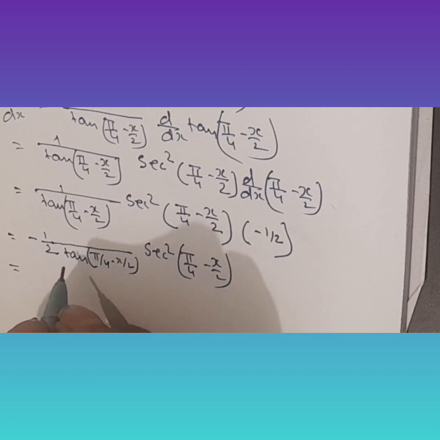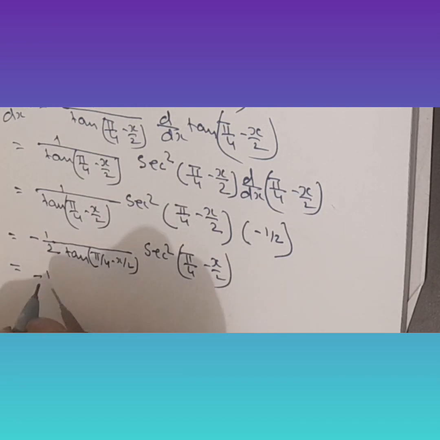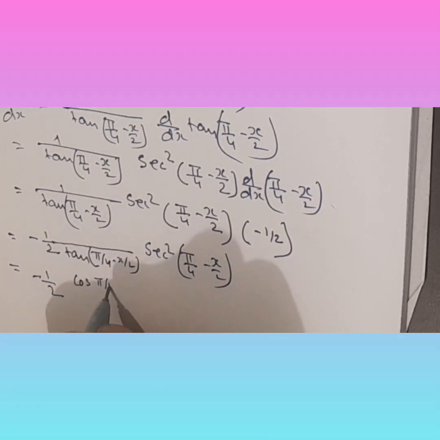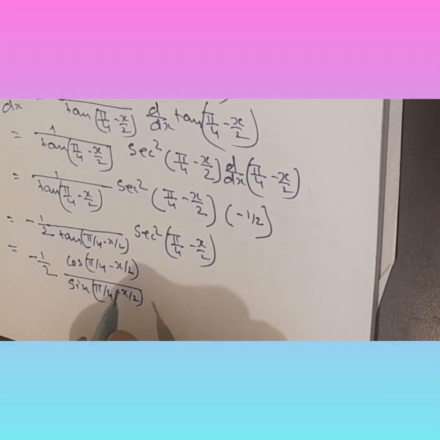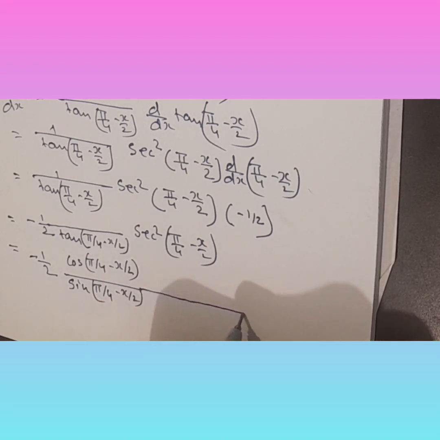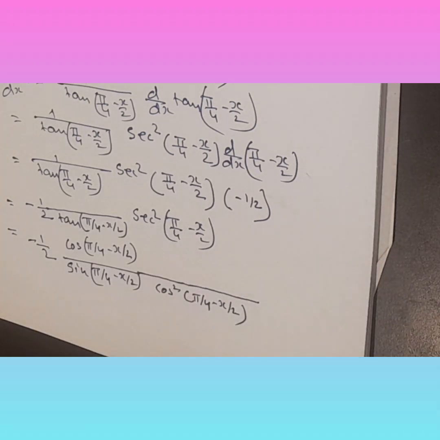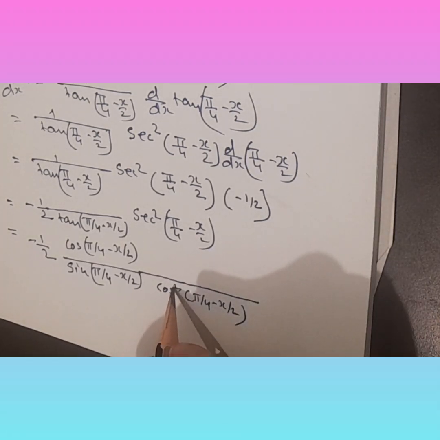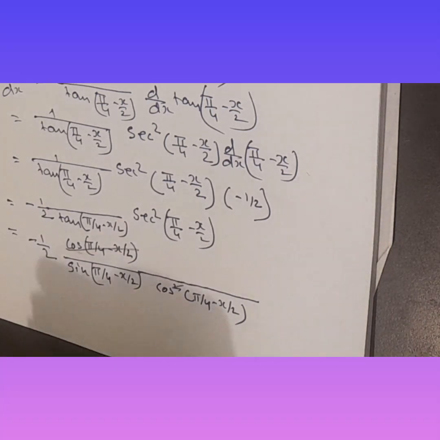Now tan is what? Tan is sine over cos. So cos would come up, alright, cos would come up, so it would be minus half. So it will be cos of pi by 4 minus x by 2 this, and sec also we know it is cos square, so 1 over cos square. Alright, so I can jolly well cancel this and one of this. So basically what happens is